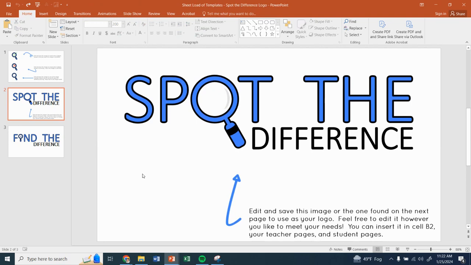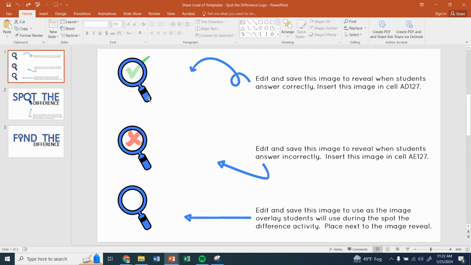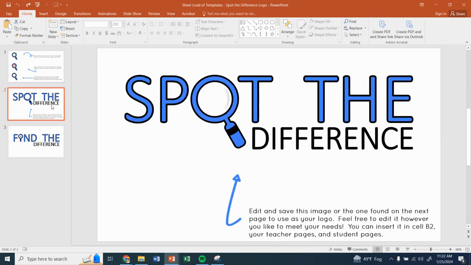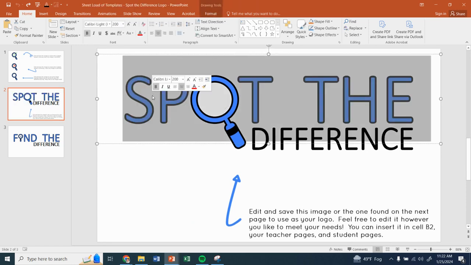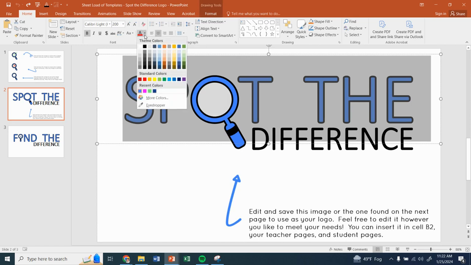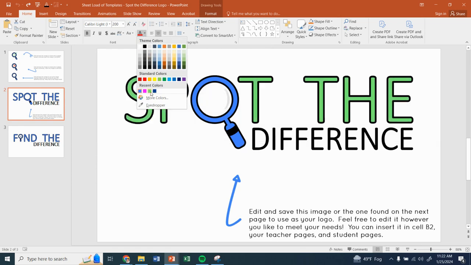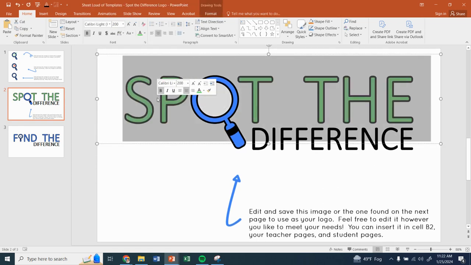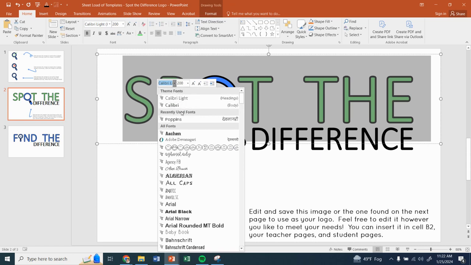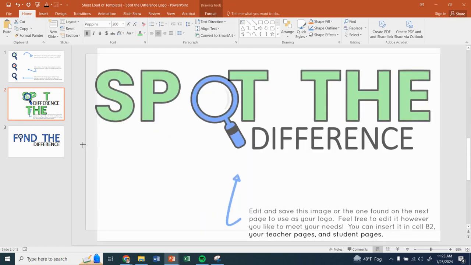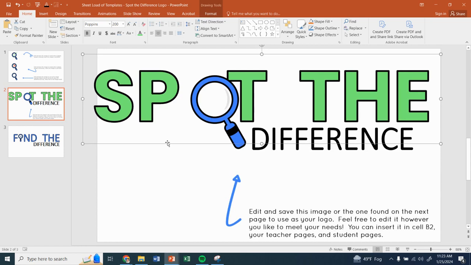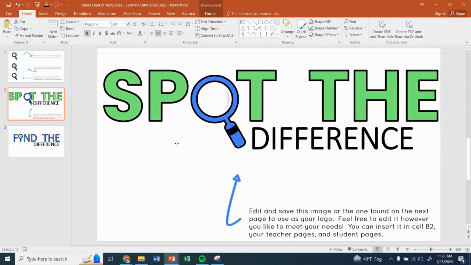So what you'll do is pull up the logo file, and a lot of times in the logo file, you'll also find that there is editable clip art. And you can edit that clip art to use in your activity in any way that you see fit. And what we do, for example, for the logo, we'll highlight the logo and then change the color. We can change the font. And it will start to look like a completely different